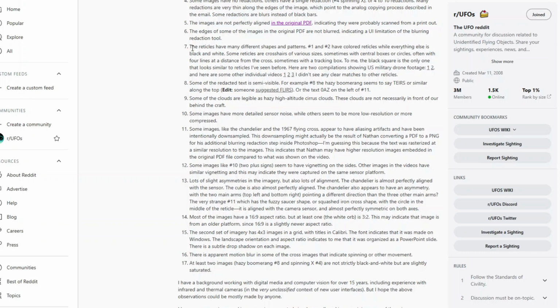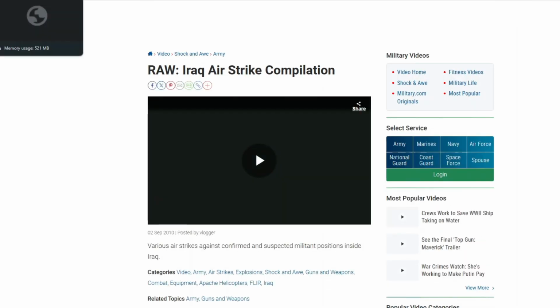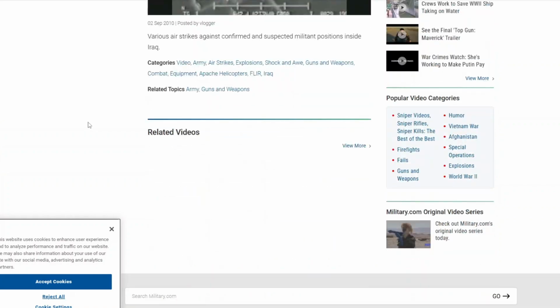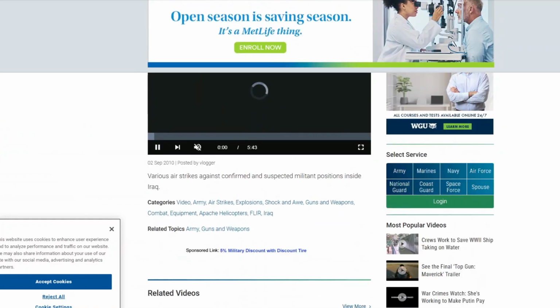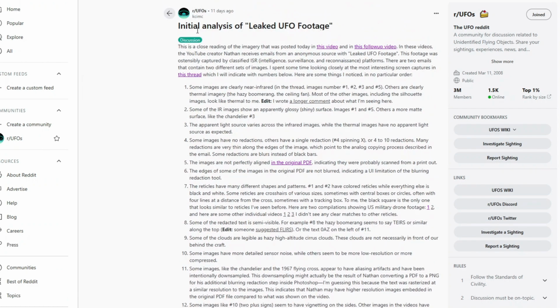Reticles, yeah. So the reticles actually exist in terms of drone footage that exists online. Now, I won't load these up just in case, but feel free to have a look at this post by